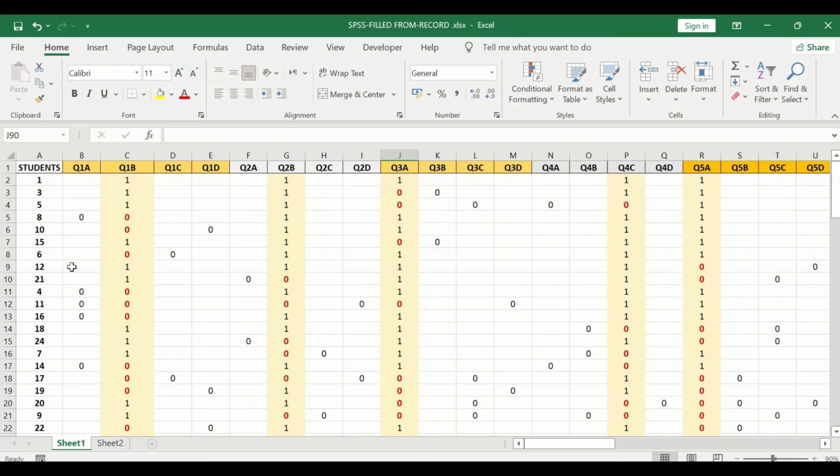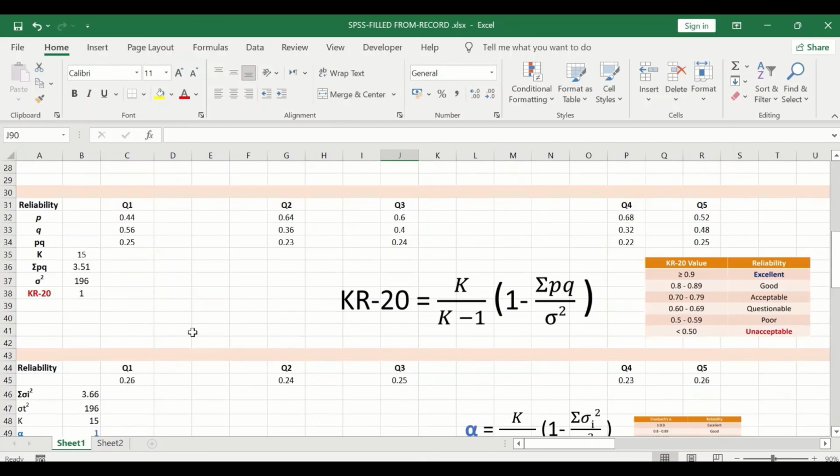Since we have 25 students and 27% of this is 7 students, in the upper group there will be 7 students and in the lower group there will be 7 students. And what we will do is count how many students selected the distractor, whether distractor 1, 2 or 3, that is, the wrong option, counting this for the upper group, and then also counting how many students selected the distractor in the lower group. And to do that, we're going to